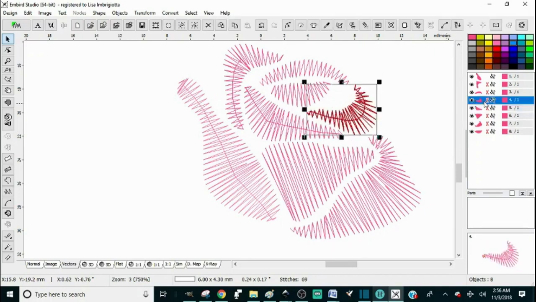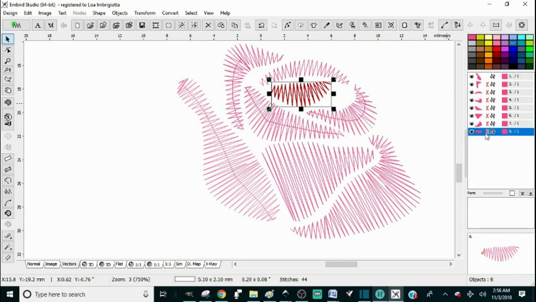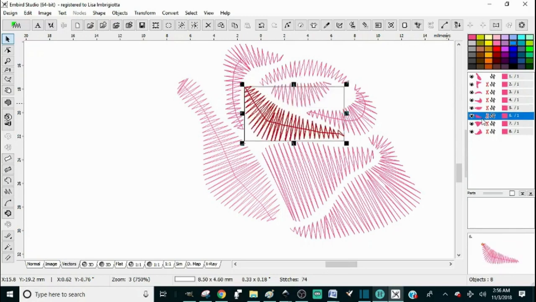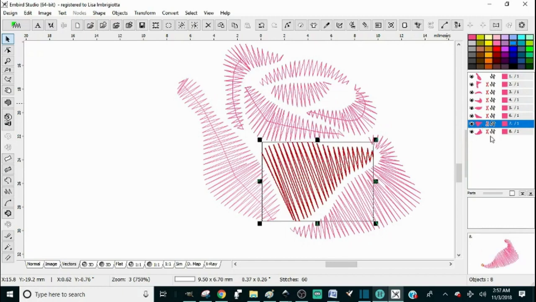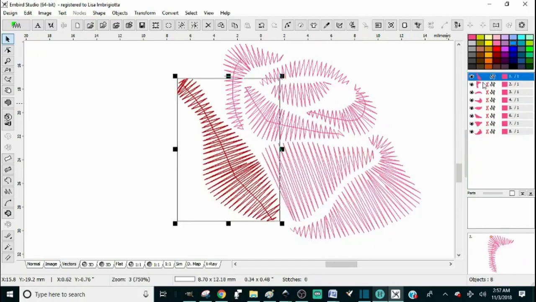Insert after. And then this one. Insert after. So we're on number 5, 6, 7, and 8. So the first one, I've decided I'm going to